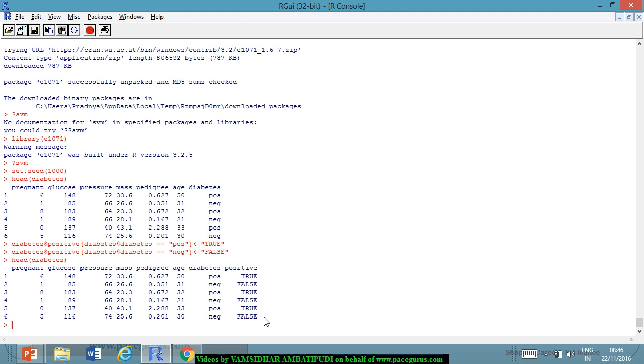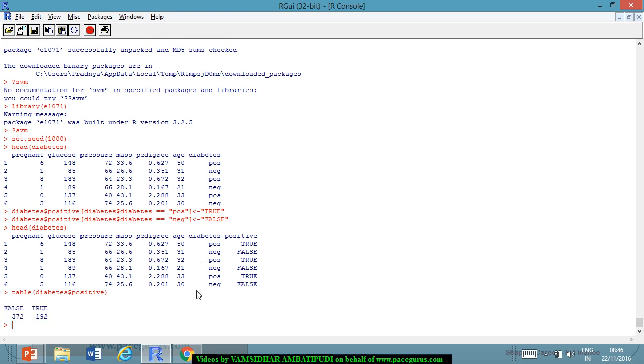So quickly I can look at the table. This you can do even if there are multiple categories. We'll do a novelty detection part. So I am doing a table of diabetes$positive just to see how many trues and how many falses there are. So there are 372 false and 192 trues as a part of our data. Then